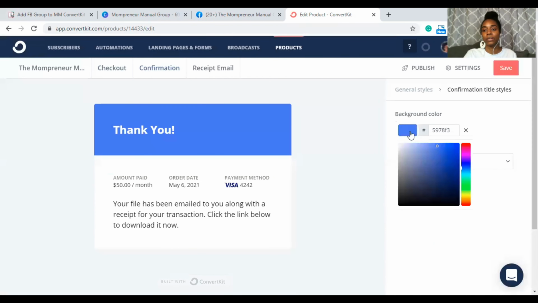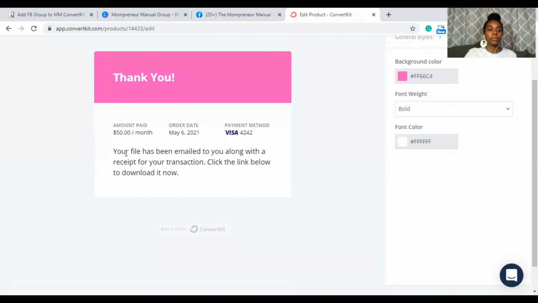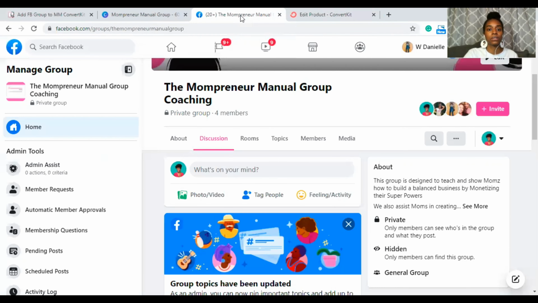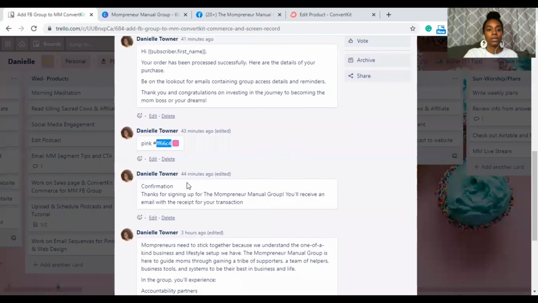So I'm trying to get to these here. Okay, here we go. So I want to change that to the pink color. And then you can customize the text here. Your file has been emailed to you along with the receipt for your transaction. So I want to change that a little bit. If they want to download it. I'm gonna say